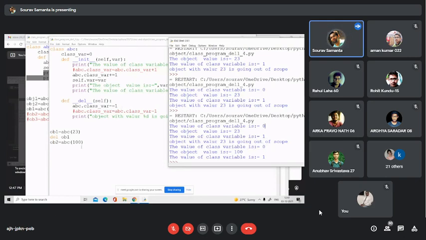And when I have created another object OB2 equal to ABC 100, you see the value of the class variable is again 0, because previously it was set to 1 minus 1, that is 0, and a new object is created with 100 and the class variable is now set to 1.